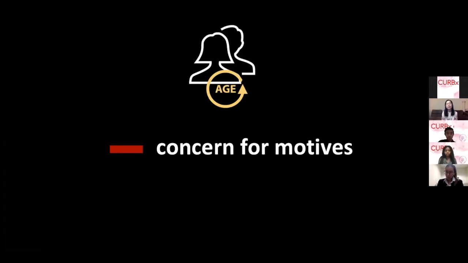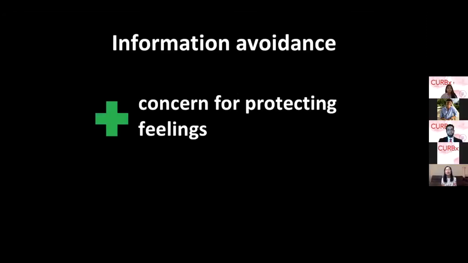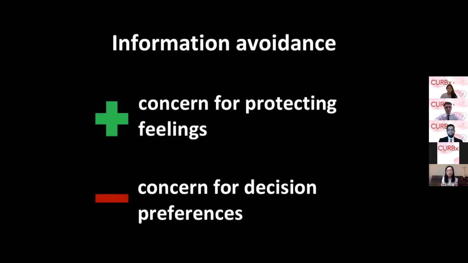We also looked at how these two types of motives for information avoidance were associated with information avoidance. We found that concern for protecting feelings as a motive was positively associated with information avoidance, although not significantly. We also found that less concern for preserving decision-making preferences was associated with information avoidance. So we found that both of these types of motives could potentially play a role in influencing